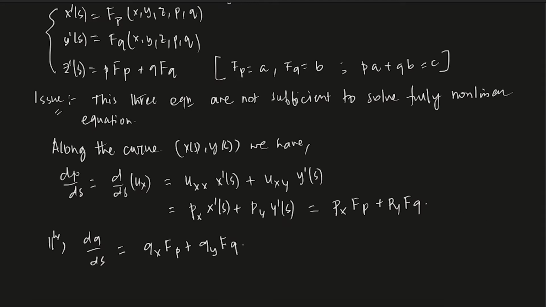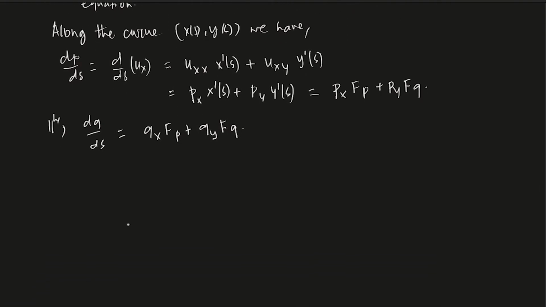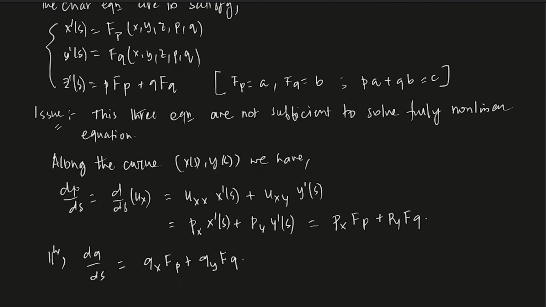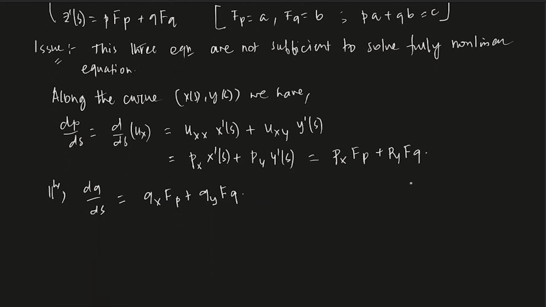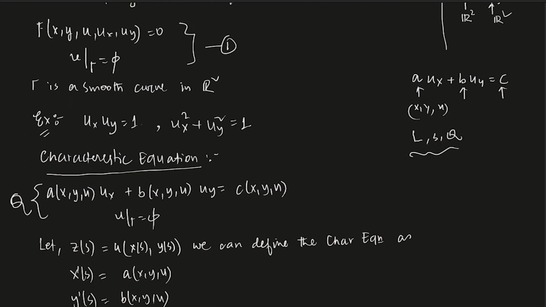Now we want to write this in a much easier manner. I do not want px and py, all of these things. The whole point is that the characteristic equation should be written in terms of f. So here it is fp, here it is fq. pFp plus qFq is fine, but I don't want px, py, because the more variables involved, the more complicated it gets. So I have to somehow get rid of px and py. How to get rid of that? I have this equation given by f.